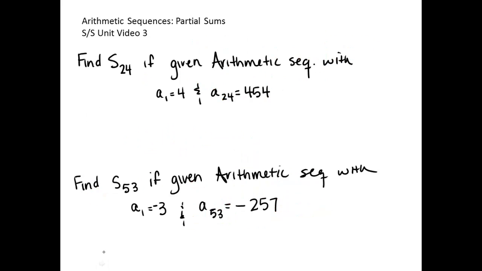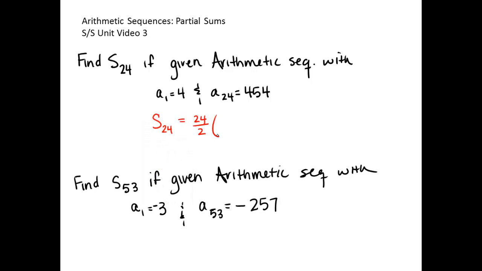So let's use it. I want to find the partial sum of the first 24 terms, given the arithmetic sequence with the first term being 4 and the 24th term being 454. So in this case, I was already given the first term and the 24th, and I want to be able to sum all of the numbers in between them. So instead of adding them up on a calculator, we're going to use this quick method. And it's going to be that the partial sum of the first 24 terms is